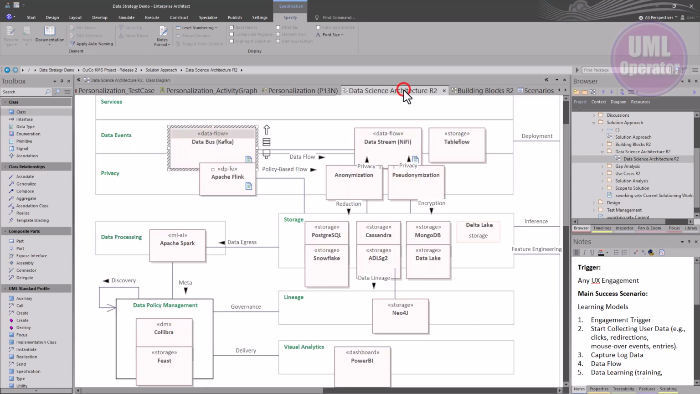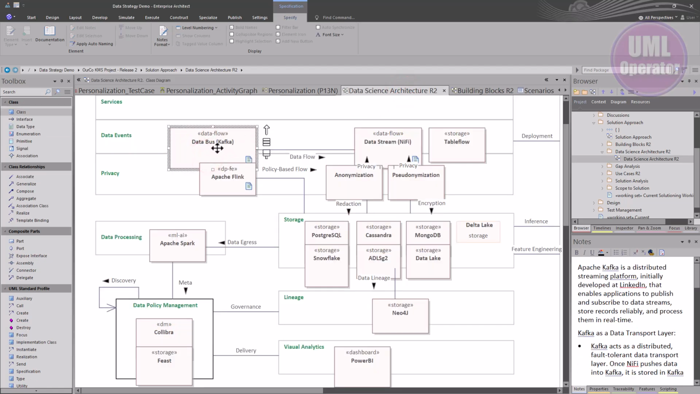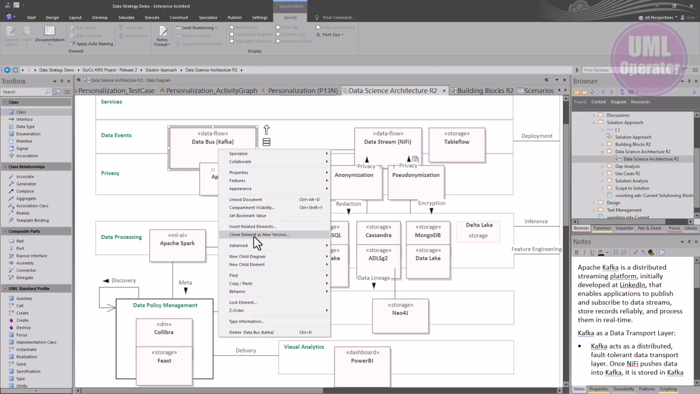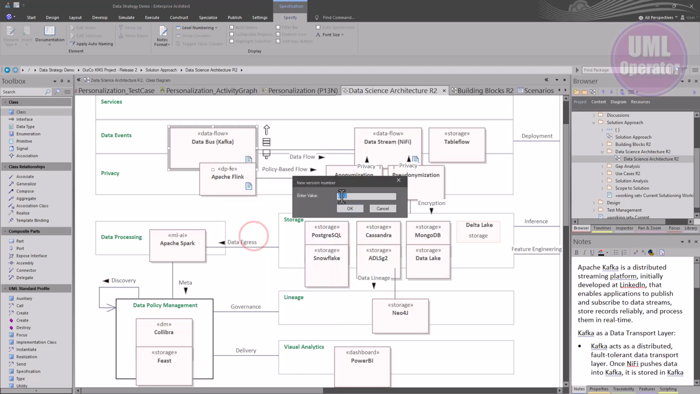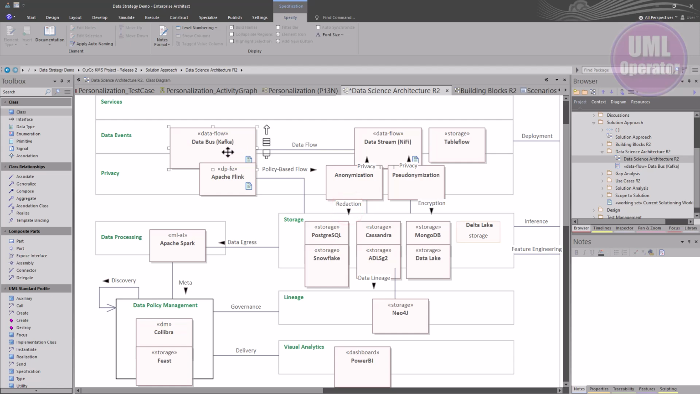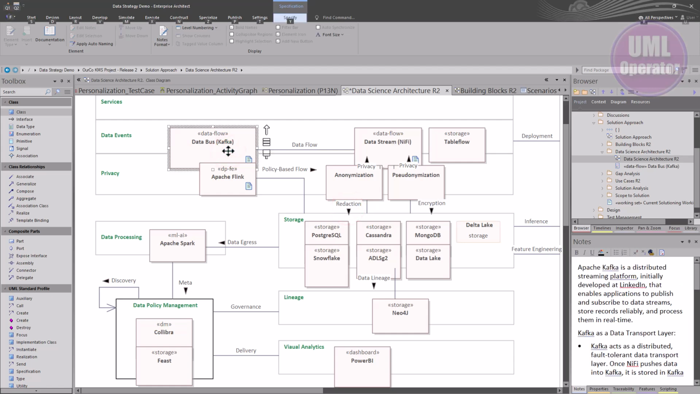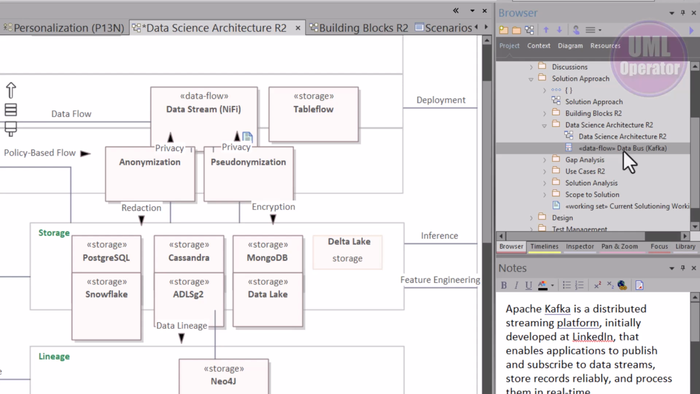So we go back to our data science architecture, and the first one we're going to bring into our project is Kafka, all right, data bus. We're going to right click on this, clone element as new version, and it's version 02, essentially taking the version from the diagram, and we're going to go ahead and do that. So now if I hit Alt G on this, I now have a new element within my solution approach package